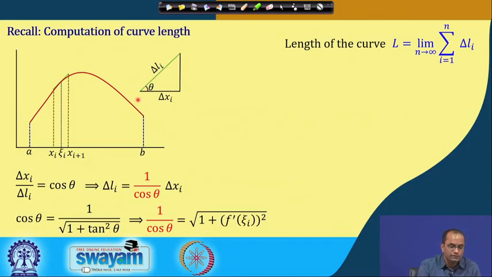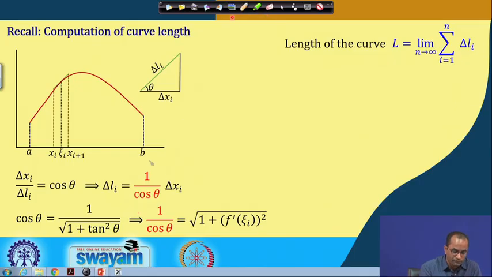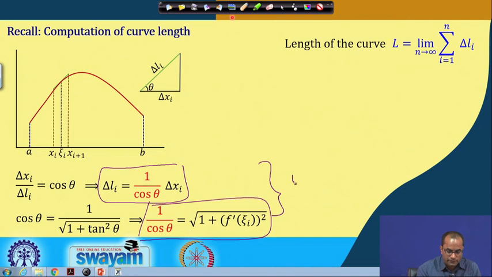Theta is the angle which this tangent makes with the x axis. So tan theta is the geometrical interpretation of the first derivative: tan theta is nothing but the first derivative at the point xi_i. So we have replaced tan theta here by the first derivative at xi_i, and this whole squared. Now, out of these two relations we can remove 1 over cos theta and we get delta L_i equal to